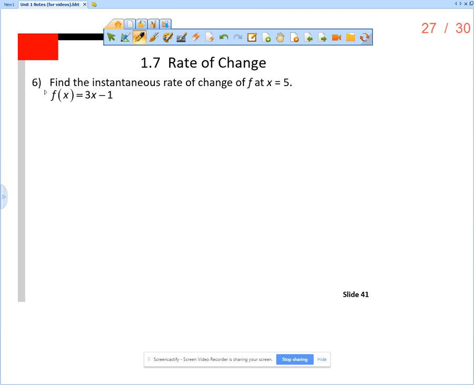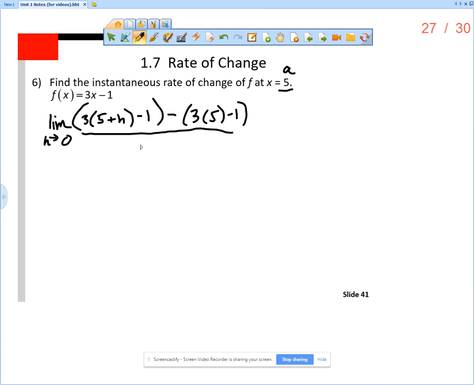So in this example, it says find the instantaneous rate of change of f at x equals 5. And f of x is 3x minus 1. So what does that mean? That means find the limit as h approaches 0 of f of a plus h minus f of a over h. Now remember, in this case, a is 5, right? That's the specific value of x that we want to find the instantaneous rate of change. And so we're going to write it as f of a plus h. That'd be 3 times a plus h, in this case 5 plus h minus 1. So that's f of a plus h minus f of a, so that'd be 3 times 5 minus 1,